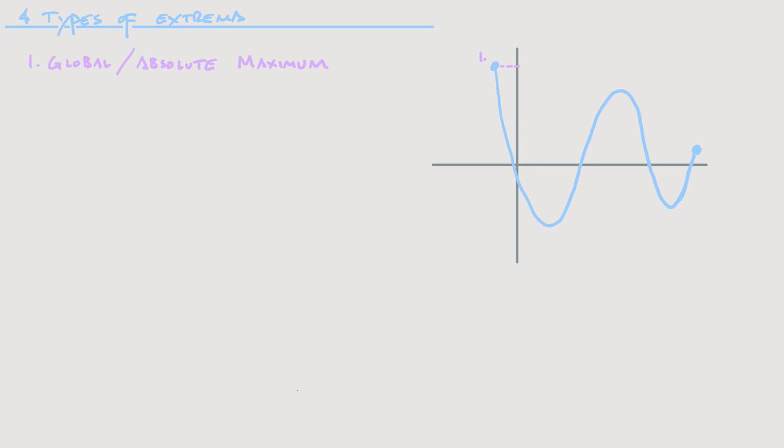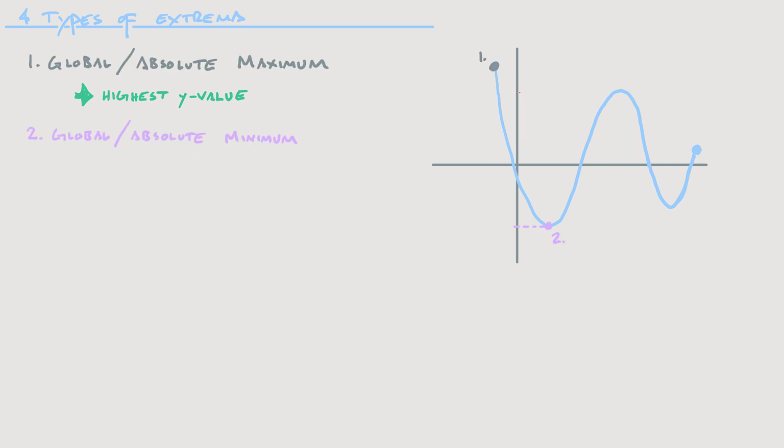But a global or an absolute maximum is basically the highest y value on the graph. So whatever this is, I called it c. So let's say you have an x value c that's producing this f of c value. That f of c value is the highest y value on the graph. You could pick any other x, pick this x here, and it's going to give you an f of x value right here that is smaller than f of c. Every single x value will produce a y value smaller than that one, and that's why we call it the